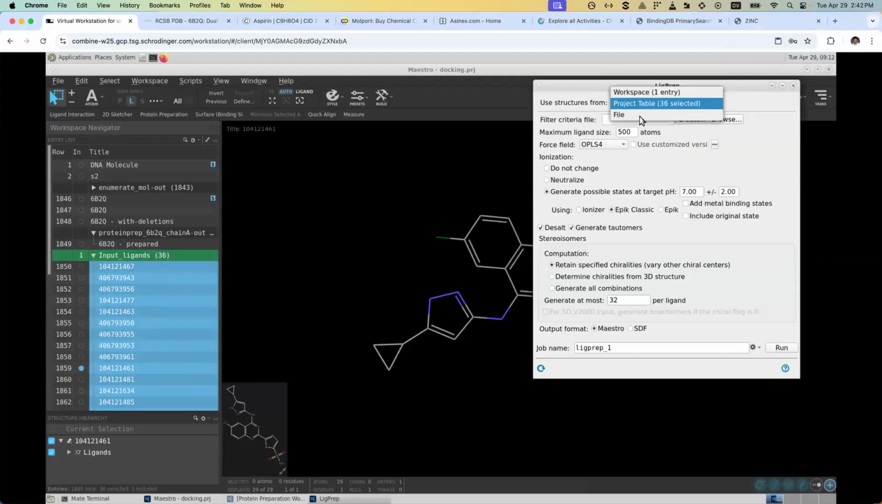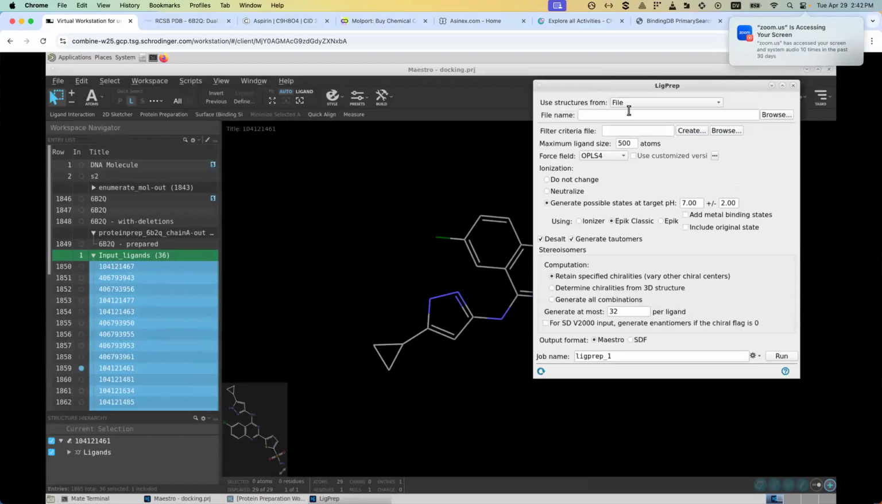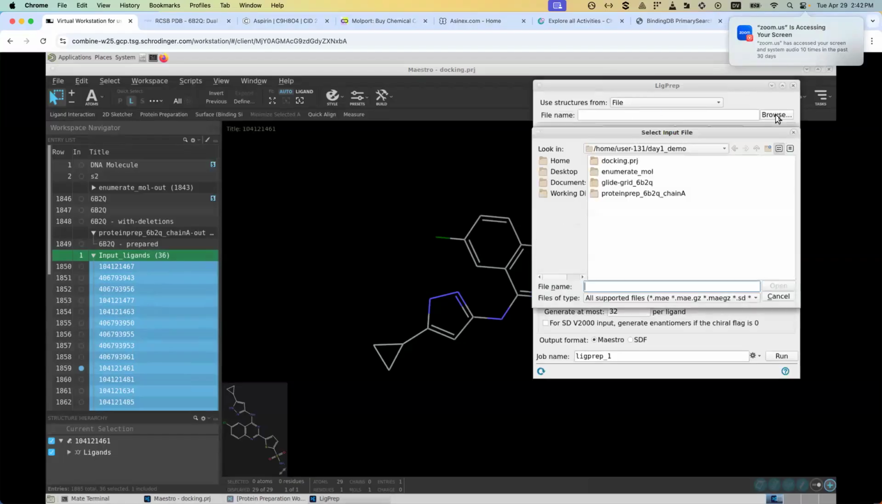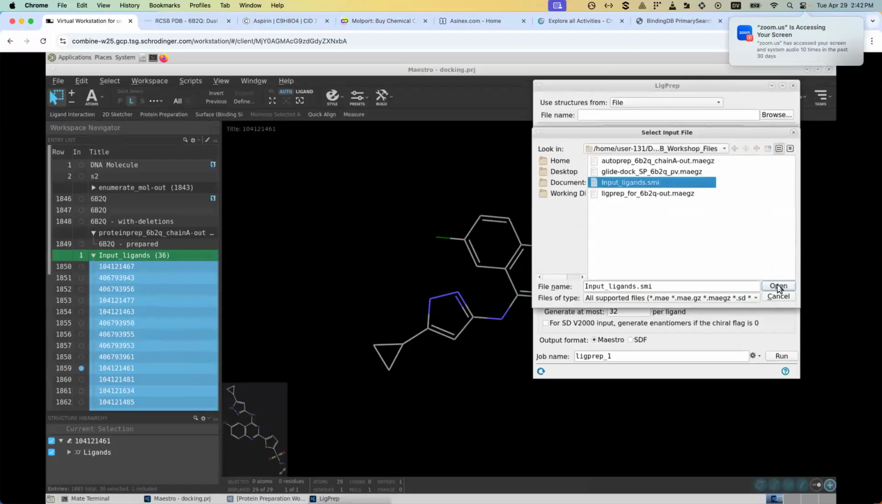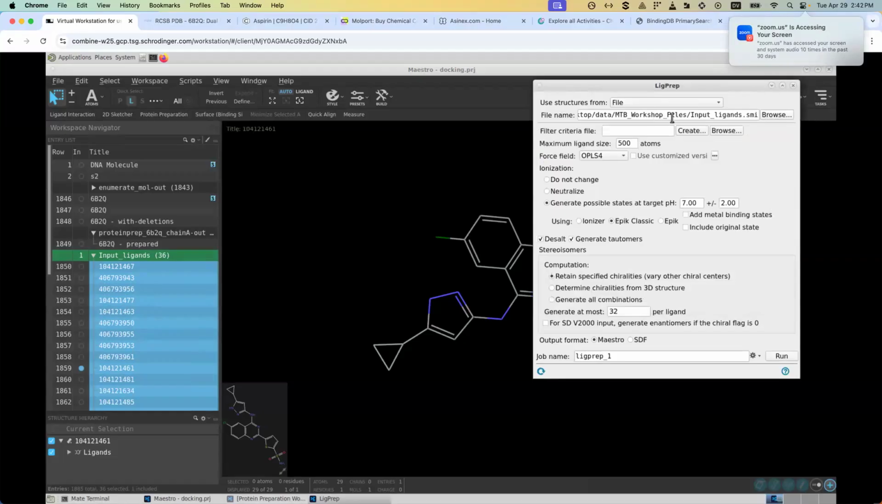For now, to keep things simple, I'll use the file option. I'll go to browse. I'll go to desktop, the same thing, data folder, MTB workshop files, inputligands.smi. To avoid any confusion, I'm going to use the file name here. So once the LigPrep panel opens, just click on the browse button and then go to the same thing, home directory, desktop data, MTB workshop files, and load the inputligands.smi. Once this is done, then